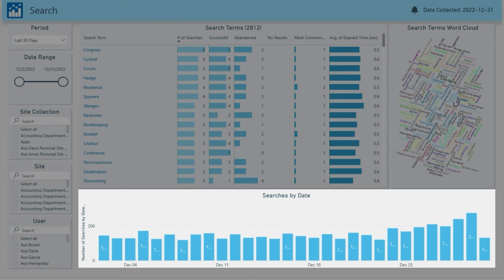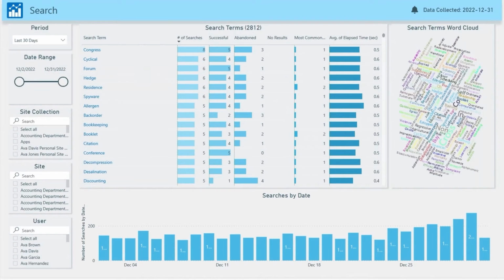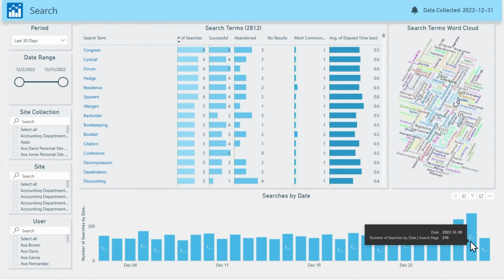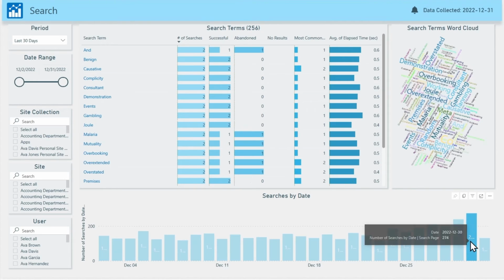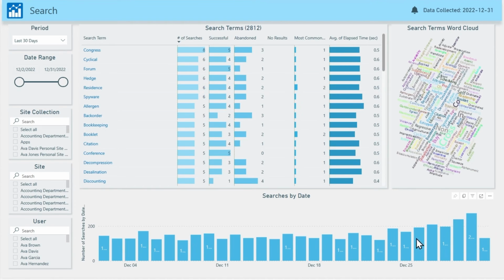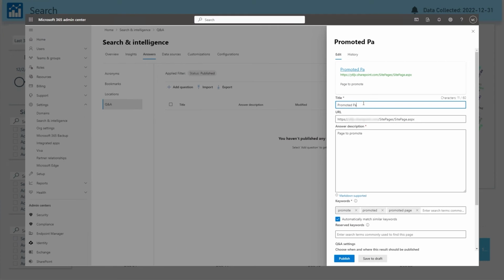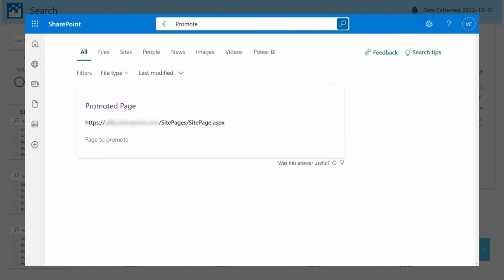Here, the bottom graph shows how often search is used over the selected period. What does search report allow us to evaluate and understand? For example, if you've noticed a sharp increase in the number of searches after editing content, it's likely that visitors have started experiencing difficulties navigating to the updated site. You can optimize your site so that popular content can be found without using search. Alternatively, you can promote the page in question in the search results to have it displayed at the top.